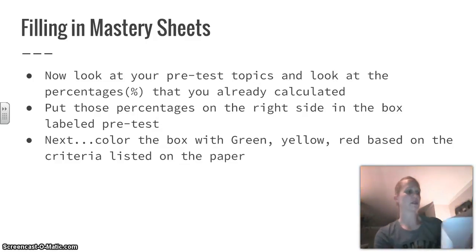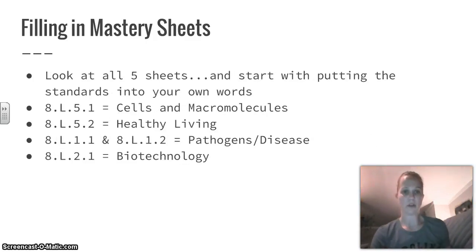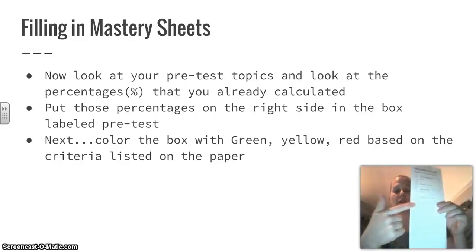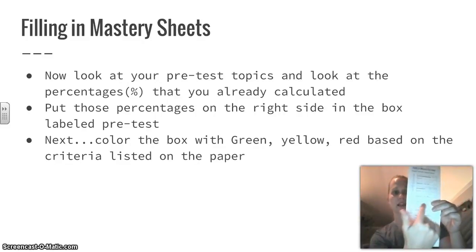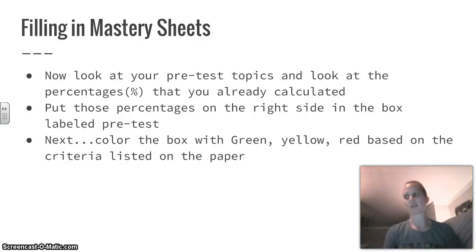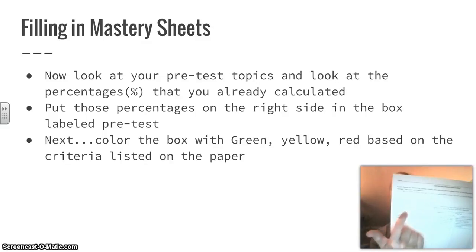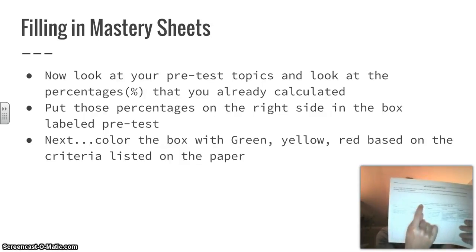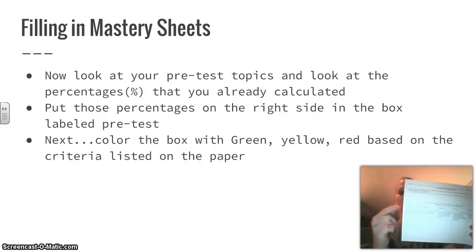Let's say this is 5.2, so 5.2 went with healthy living. Healthy living is all the way in the 3rd box. So I'm looking at the percentage here. Let's say the percentage happened to be 58%. I'm going to write 58% on healthy living. That's how I did on healthy living. Once I've recorded this, I need to look up here and color accordingly. Once I've done that, you're going to fill in